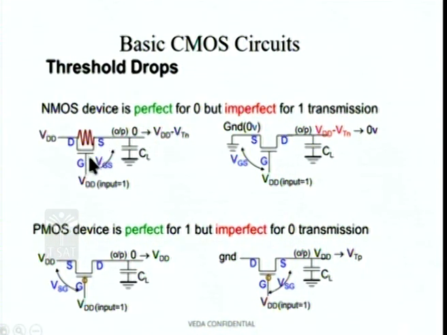Therefore, the difference between the gate and the source... I said yesterday that the source of electrons, the source of majority carriers, from where the majority carriers emanate is the source, and where they go and terminate or get collected is the drain. Now, electrons will flow from this side to this side. Therefore, the direction of conventional current is the opposite to the direction of electrons. Therefore, current will flow from drain to source. In an NMOS device, current always flows from drain to source. In a PMOS device, the current always flows from source to drain, because the majority carriers in a PMOS device are holes.